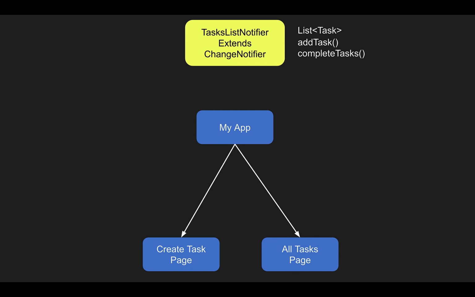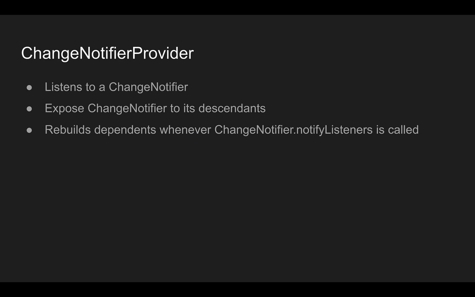Now the create task page and all tasks page should be able to access this change notifier. How do we do that? We can use change notifier provider. This change notifier provider listens to change notifier and exposes its value to its descendants. It also rebuilds the dependents whenever change notifier calls the notify listeners method.